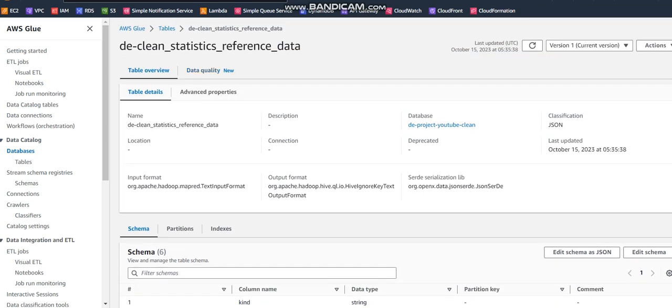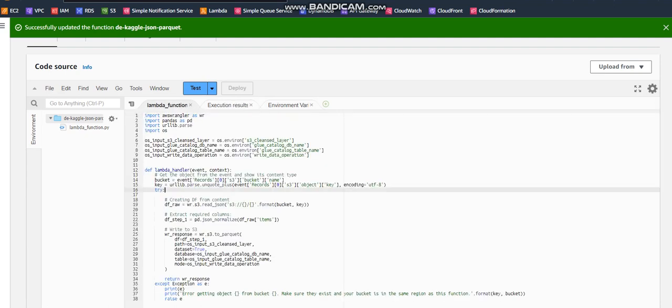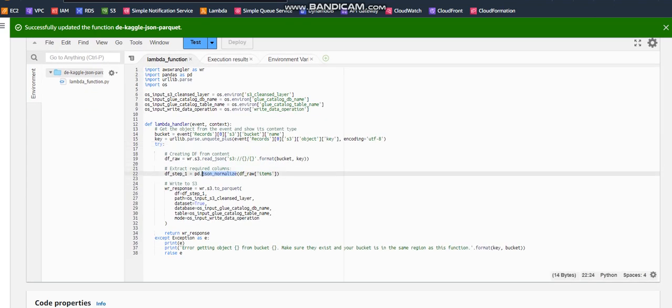After I've done this, I switch to Lambda. And in my Lambda, I have the following code. This code basically does, well, this is the gist of it, right? It does the JSON normalization from the Pandas library. It basically puts all of the JSON lines on one line. It turns them into one-liners. It removes the curly brackets and puts them into one-liners. So after this, I was finally able to